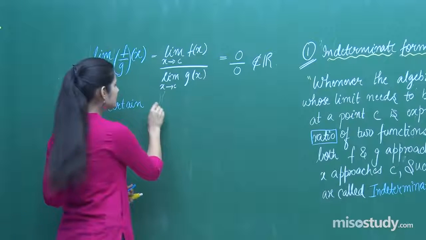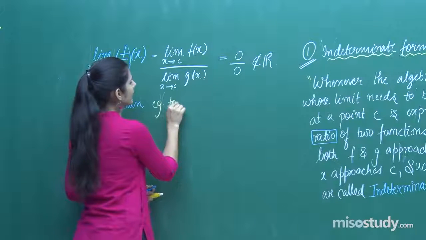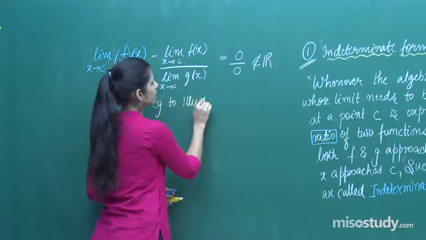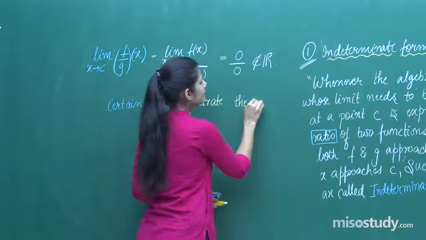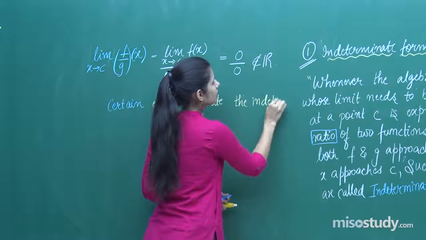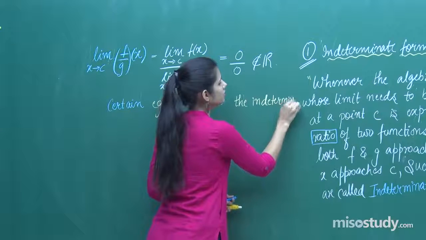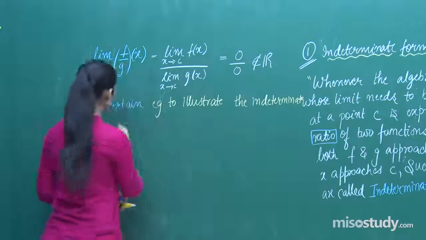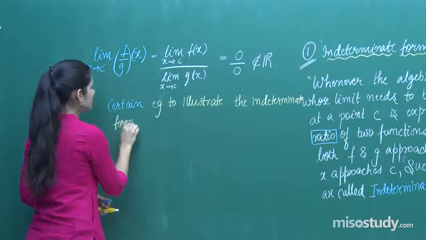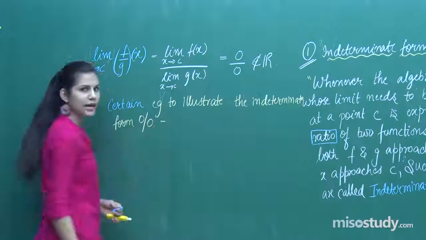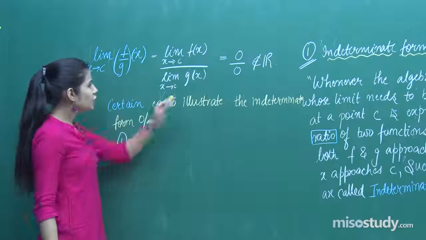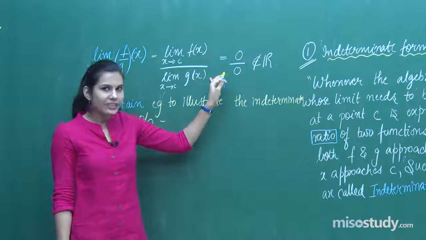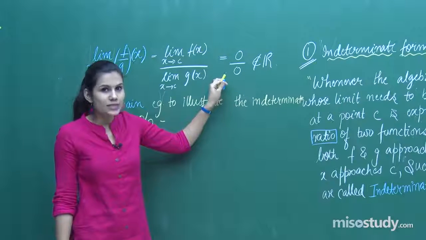Certain examples to illustrate the indeterminate form 0 by 0. Let's do that. The first example says what? Now till here you would be knowing, okay, I have understood that it's not happening always what algebra of limits was trying to say,